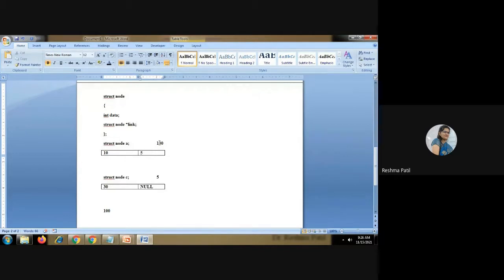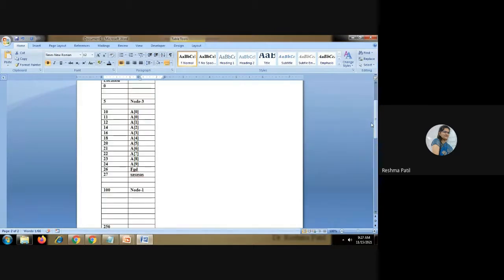So here, if you reach 100, then what is the successive node? 5. You can easily find this node. If you have not written this here, it is not easy to access this node. Easy means it is very difficult. Clear? So addition and deletion in a linked list is easier than in an array. In an array, it is so difficult because it is a static data structure. But in a dynamic data structure, anytime you can allocate the memory or anytime you can deallocate the memory. Clear?